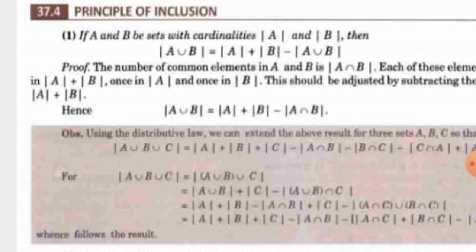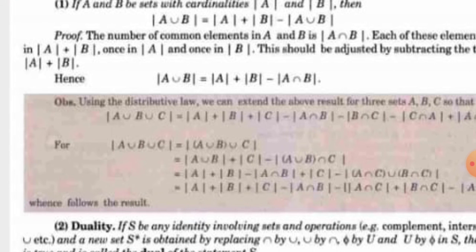आशा ये है कि जब हम किन्हीं दो सेट्स का यूनियन फाइंड करते हैं तो यूनियन फाइंड करने के दौरान सारे एलिमेंट्स हम ए के लेते हैं, उसके बाद एलिमेंट्स बी के लेते हैं. उसमें ए और बी में दोनों में जो कॉमन एलिमेंट्स हैं उनका दो बार यूज कर लेते हैं. इसलिए कॉमन एलिमेंट्स का दो बार यूज कर लिया, इसलिए एक बार उसको हम इसमें से एक्सक्लूड कर देते हैं और ये इक्वेशन बैलेंस हो जाता है.